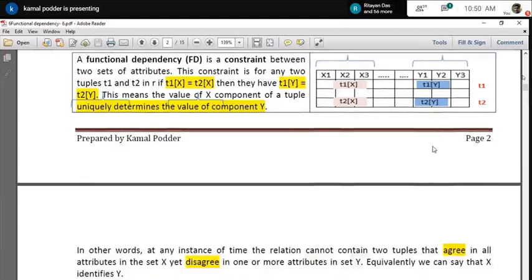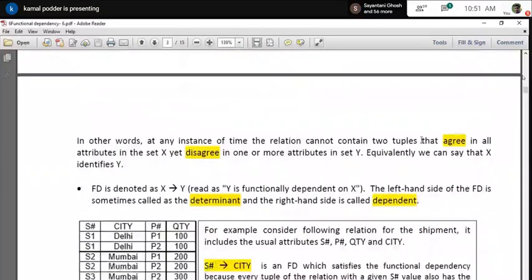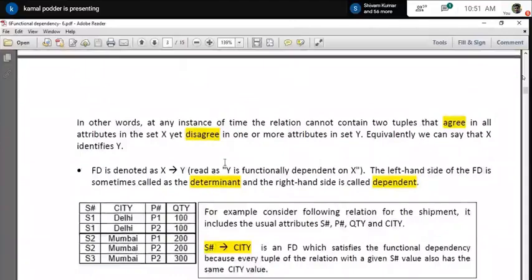Understand? You have to find this in that particular relation: a set of attributes where the values in two tuples are equal, and correspondingly, a set of attributes where the values are also the same. Then you can say that Y depends on X. That is a functional dependency. In this way you have to find the functional dependencies. In other words, at any instance of time, the relation cannot contain